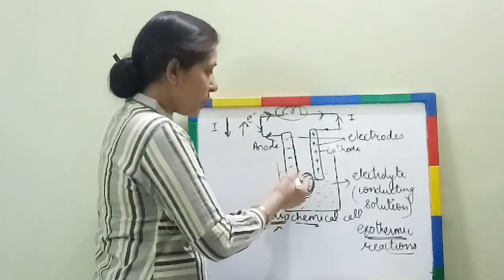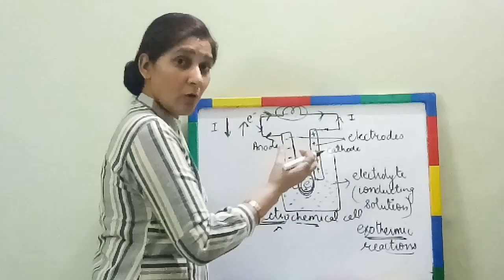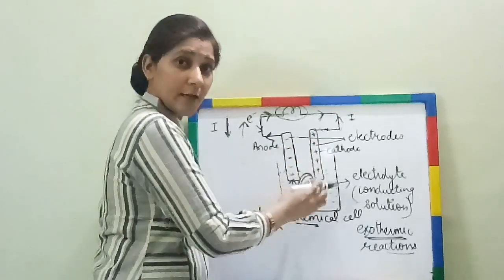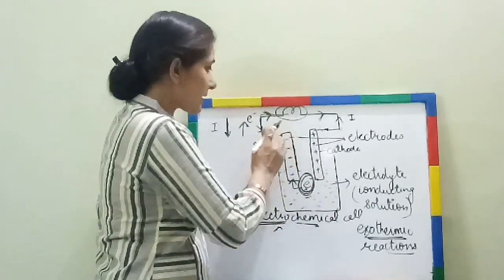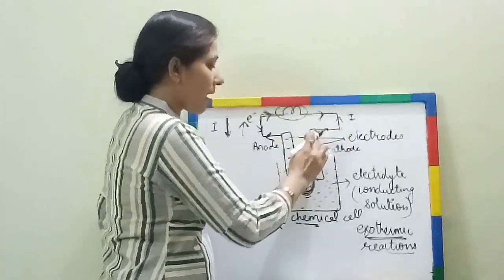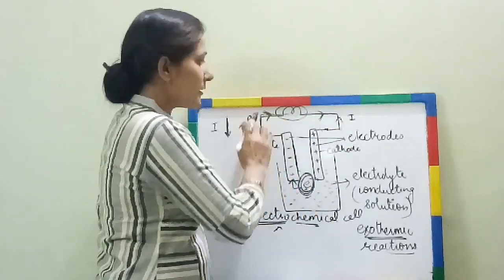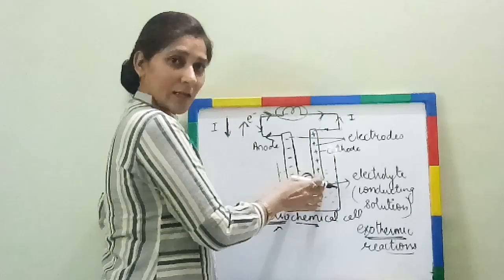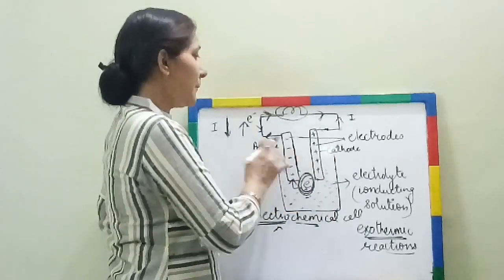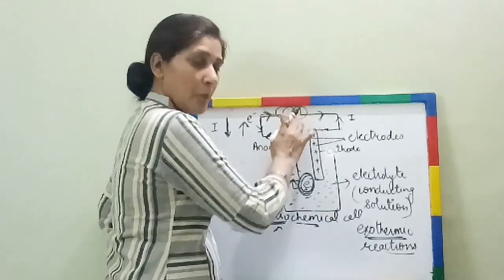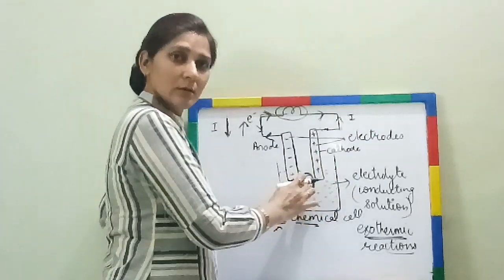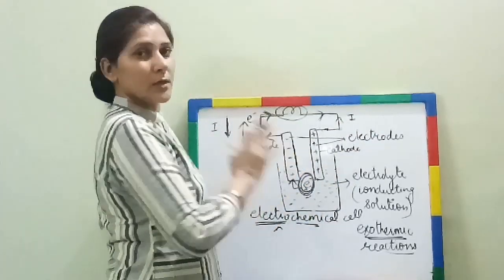Then when it is pushed over here, again it has enough energy, because it gained energy from the reaction that took place. Then again it collects the energy, spends it over here, then comes back and comes here again, and in this way it keeps on collecting the energy from the cell. And it keeps on spending the energy in the electrical component and again comes back to the cell. This is how a cell works.